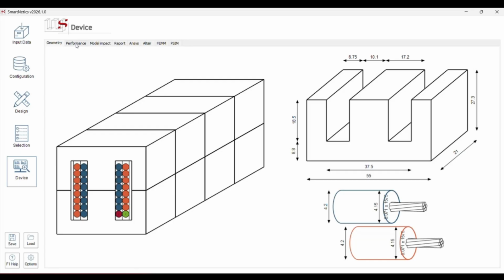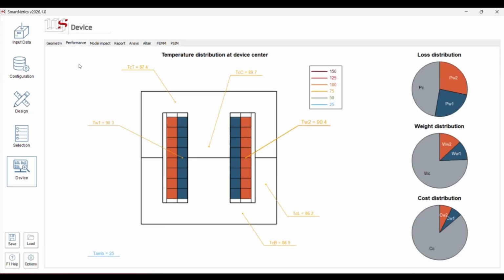And you also can take a look at the performance that you're going to expect from this device. For example, the temperature distribution. As we saw before, we are in a device close to 100 degrees, so you can see the temperature distribution in core, in primary and secondary winding, in the lateral part of the core, in the bottom and top of the core, etc. Okay, just a small set of points, just 6 temperatures, but a very good approximation of what is going to happen in real life with your device.